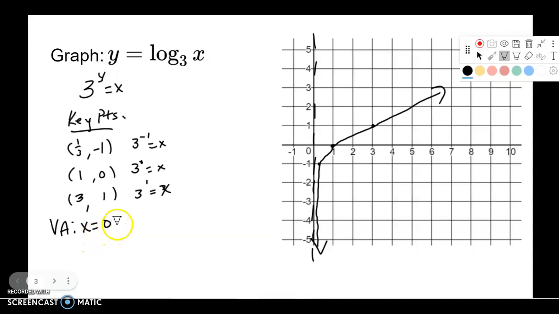Okay, keep in mind that log graphs have vertical asymptotes. Exponential graphs have horizontal asymptotes. One of the most commonly made mistakes here when you're graphing these two. Okay, so let's take a look